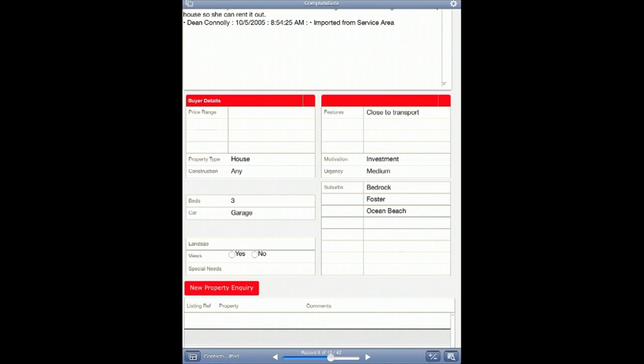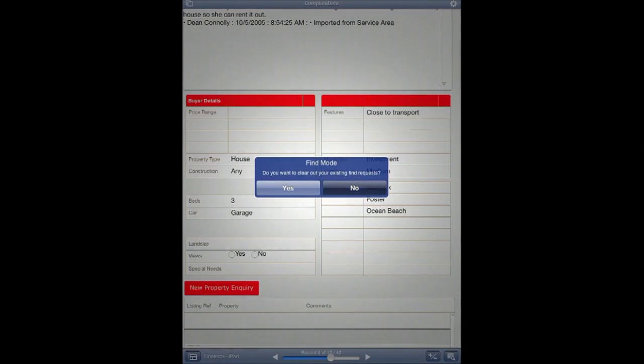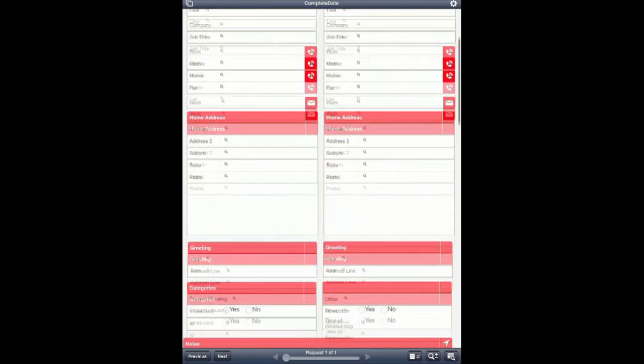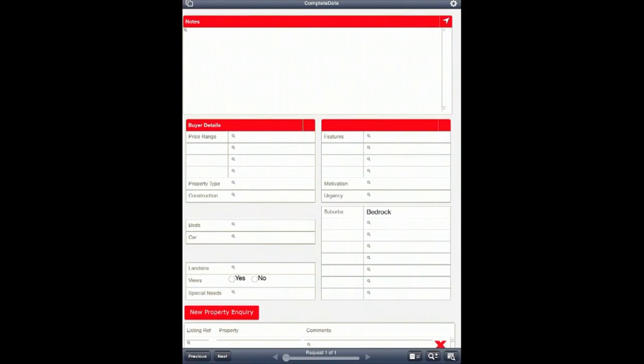So on the other side of that, we can also find people from one place or another. So we might want to find everyone that's looking in either Bedrock or Neverland. So we want to find everyone that is a buyer, but they have to be looking for a property within Bedrock or Neverland. So what we can do is we can go back into enter find mode. We won't get rid of our find that we currently have. So we've got buyer yes,